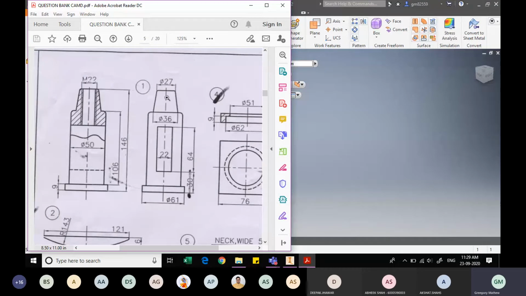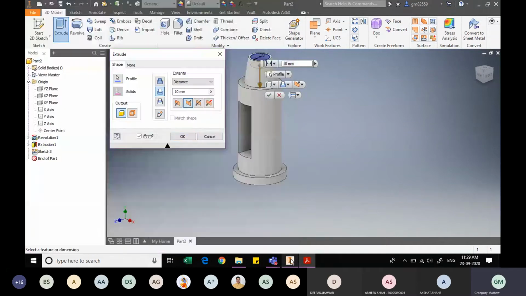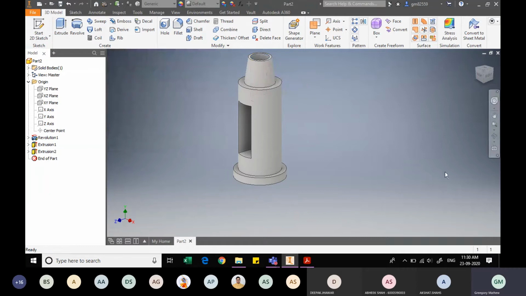That means the depth will be from the top face to the top face of the rectangular slot, which is 146 minus 94. So how much should that be? We can do that here itself. I will say extrude cut downwards 146 minus 94, and I can click on OK.